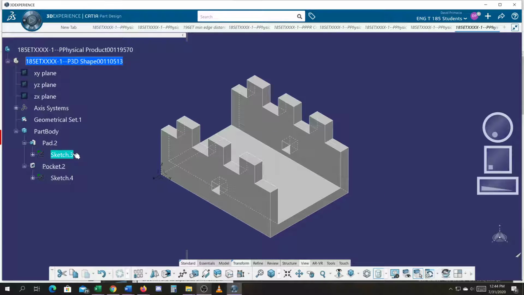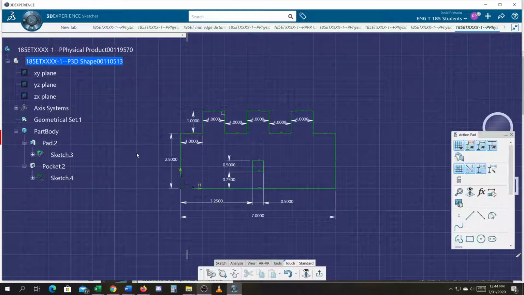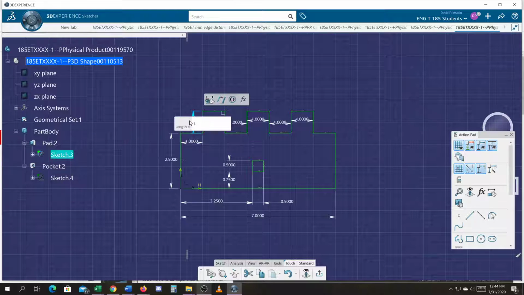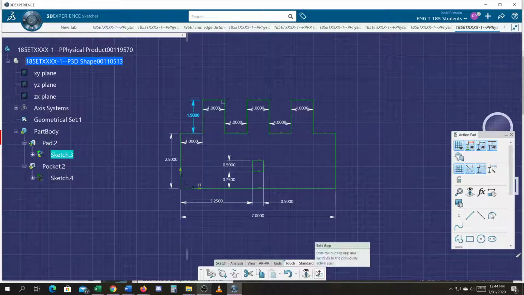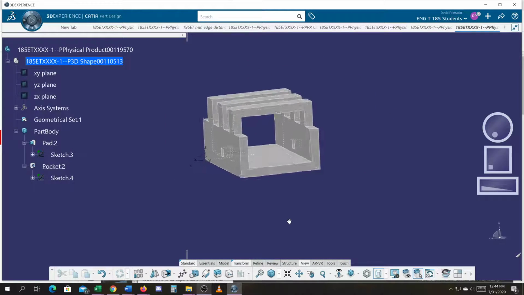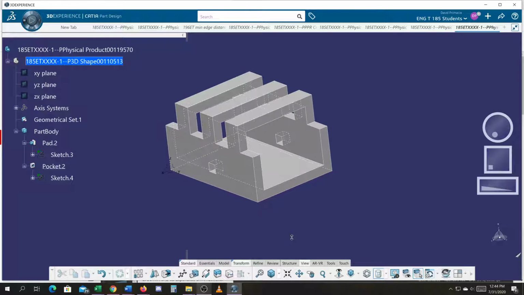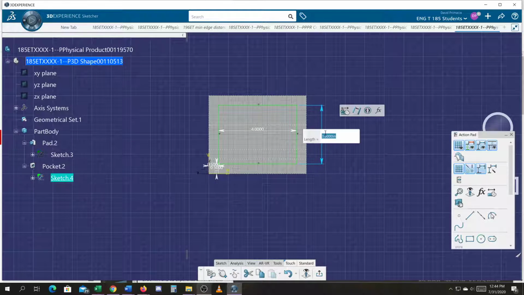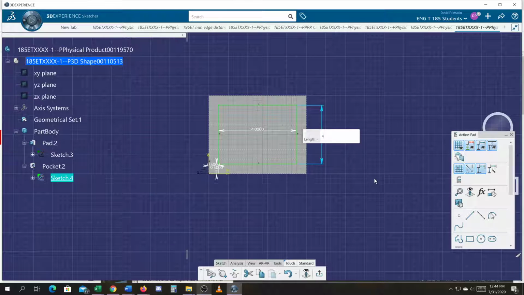I'm going to go to this sketch, and I'm going to change this to 1.5 inches. And we're going to exit out. And that's cool if that was your intention. Okay? But if you didn't want that and you want that to go through, again, you'd have to go into this sketch. Change that 3 to a 3.5 or even 4, where it goes beyond. It goes beyond that profile. So when I exit out,